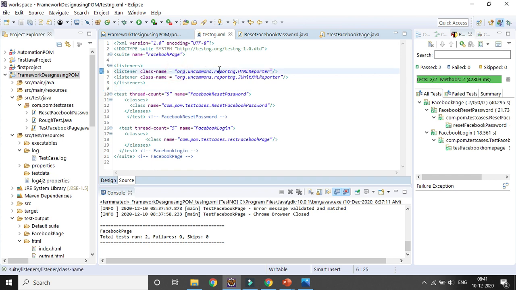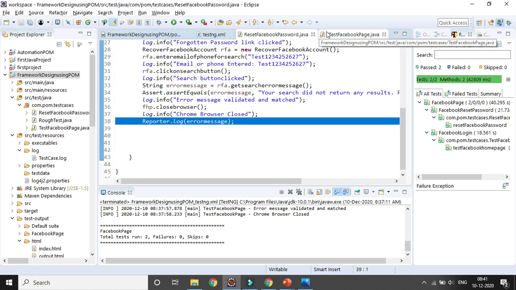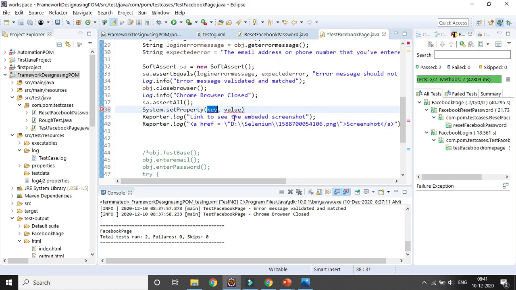I'll be giving it for ReportNG. That's the package name, you need to give it first, then you need to use escape-output. That is the syntax you need to use, escape-output, and then you close with double quote, and here the value will be false. So that's what you need to remember.